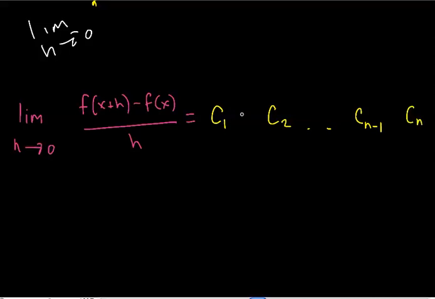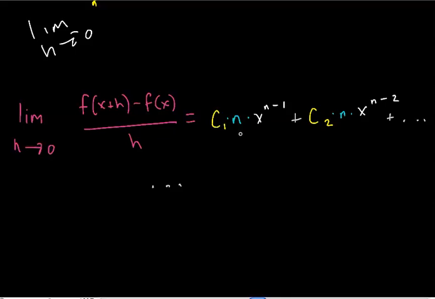Now, what are my x's? This was n times x to the n minus 1. This was n minus 1 times x to the n minus 2. Let me clean this up a bit, and notice how whatever constant number I have here, so this is C1, x is raised to n minus that constant power. So I have C2, x to the n minus 2. So if I have, let's take C n minus 2, I'm going to have that multiplied by